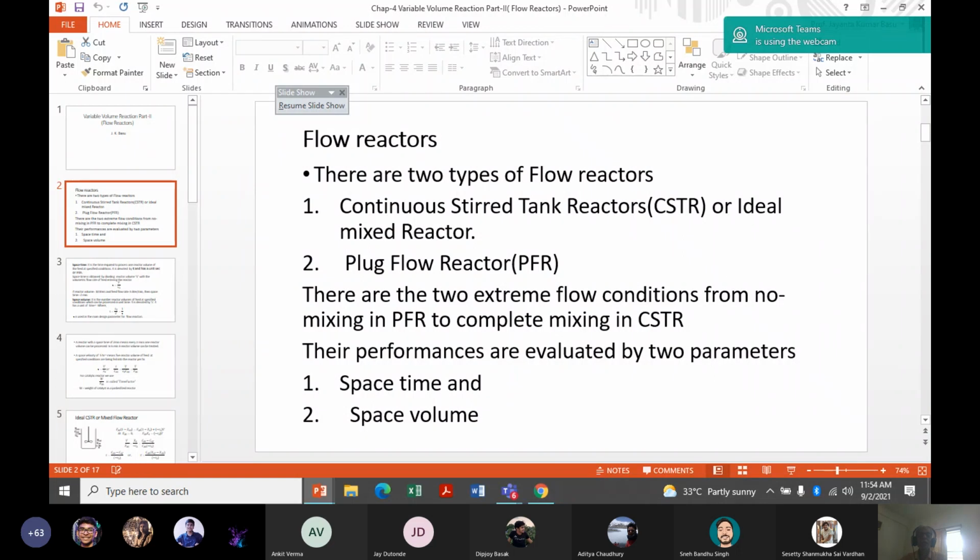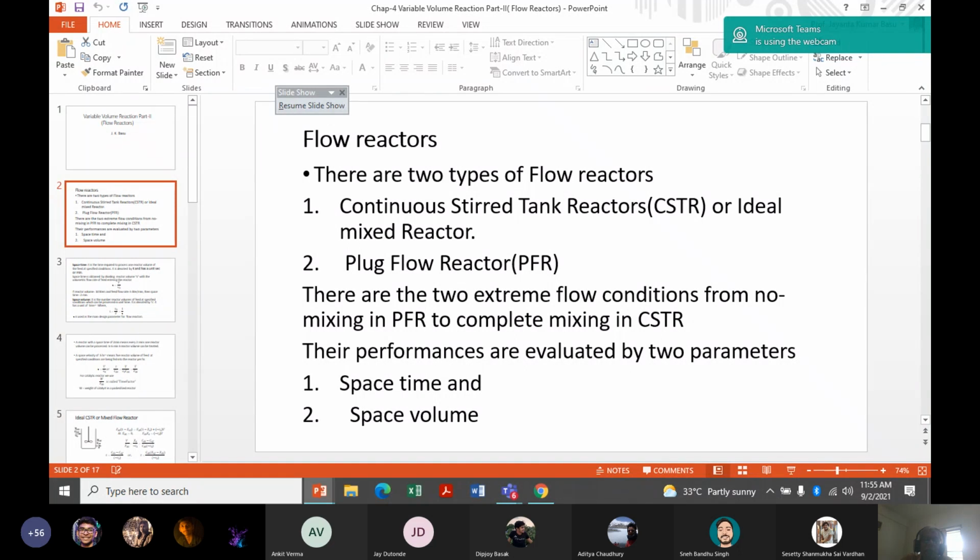That is, in case of an axial flow in a tube, at any position we can assume it is perfectly mixed radially, but there is no mixing axially. So this is the assumption, that in each position or cross section there is perfect mixing, so there is no radial variation of concentration. But as you move axially, you will find there is zero mixing, there is no mixing.